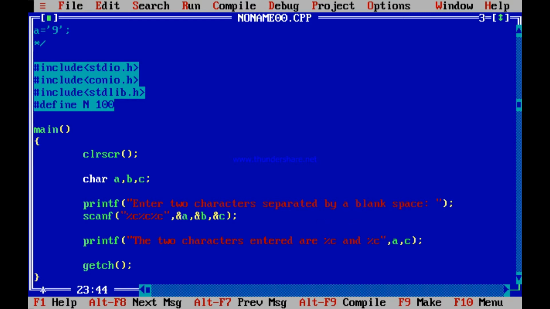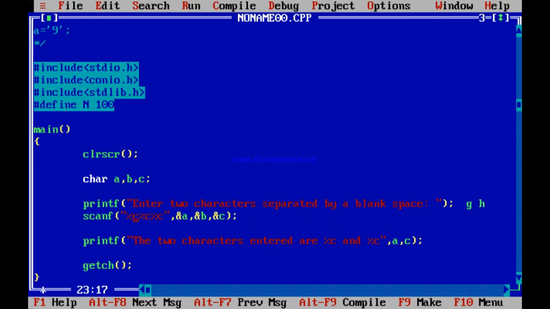So I scan %C, I know the first character, how will the user enter? I have told the user enter two characters separated by a blank space. So maybe user will enter A blank space B, or maybe user will enter G blank space H. Just for the sake of understanding, I am writing G and H. User enters like this. So this first %C, what does it scan?